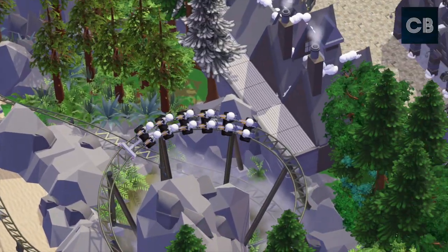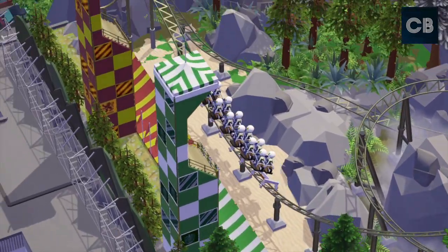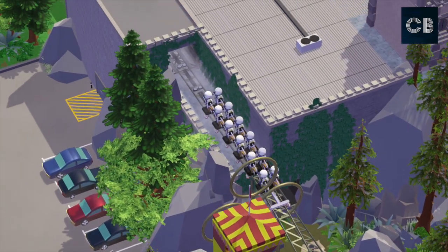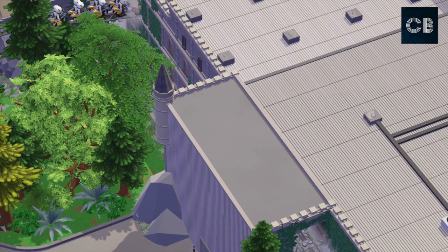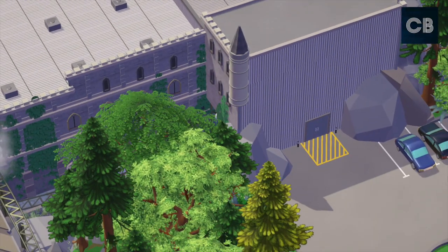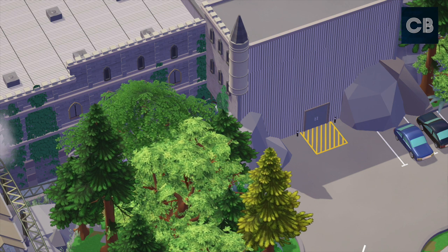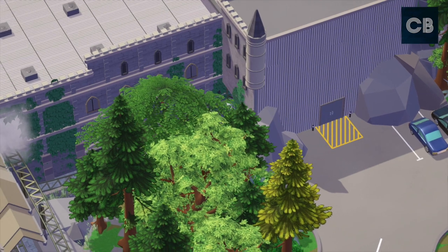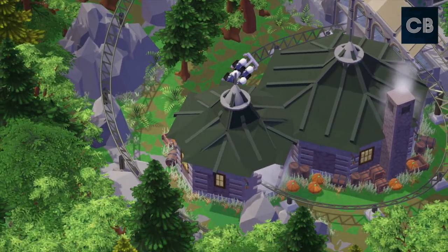I wish the trains were brooms. I think that would be really cool, but unfortunately I don't have that, so I've gone for a motorbike. Just gone through the Quidditch scene there, up into the Quidditch rings, and then we've gone back into this area in Hogwarts, which of course is a drop track. So then at the bottom of the drop track, you just wait a little bit, and then we launch into the second launch, which then fires you past Hogwarts and through this brick wall,